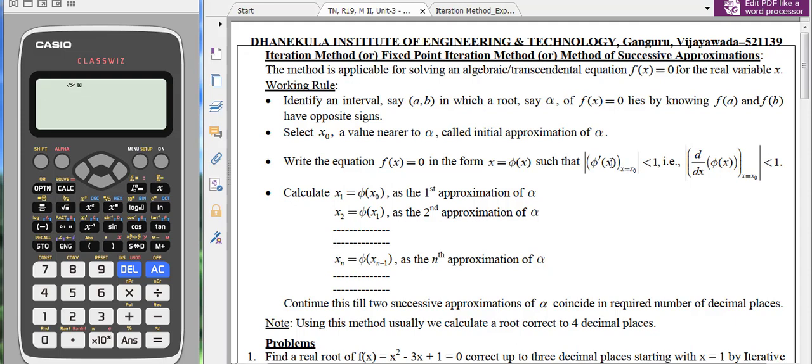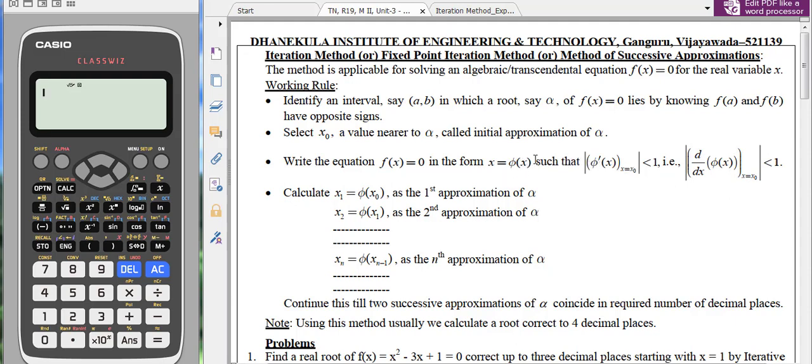which is mod of phi dash of x at x = x0 less than 1, which means the absolute value of the first derivative of phi(x) at the initial approximation should give a value which is less than 1. If this convergence condition is fulfilled by the function phi(x), then